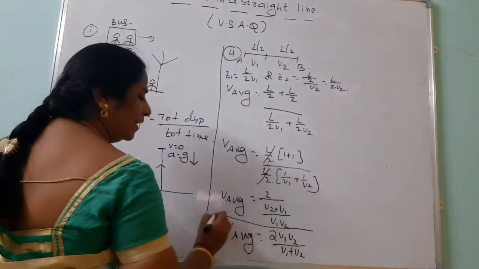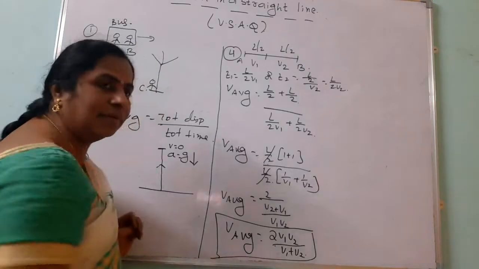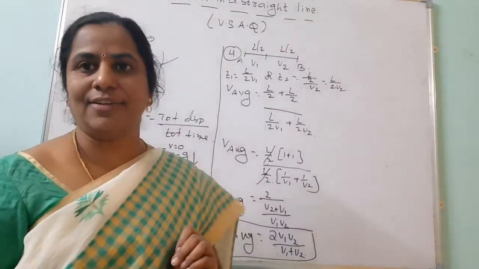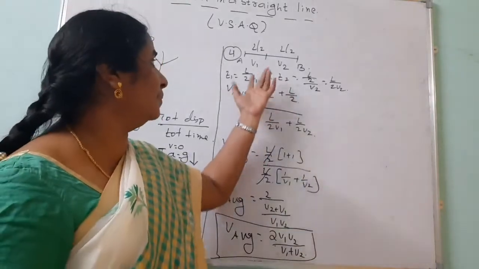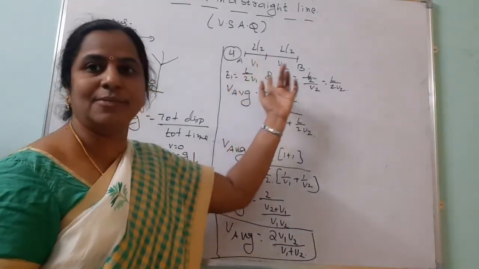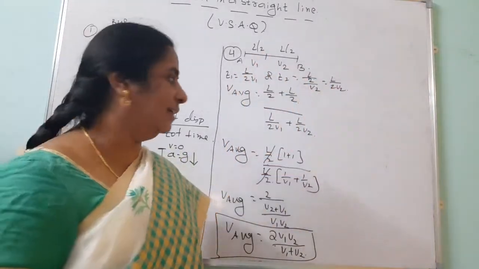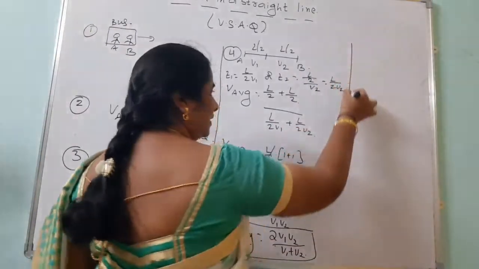So what is the base of this question? We must remember that average velocity equals total displacement by time. We don't know the time, so we can find it as distance by speed. Here also distance by speed. Then our fifth question is,